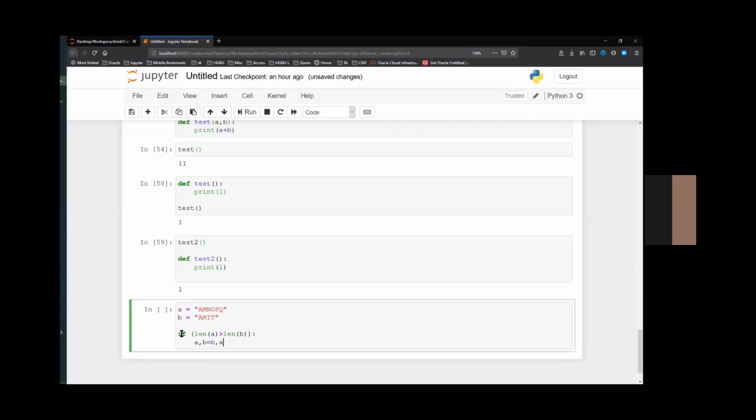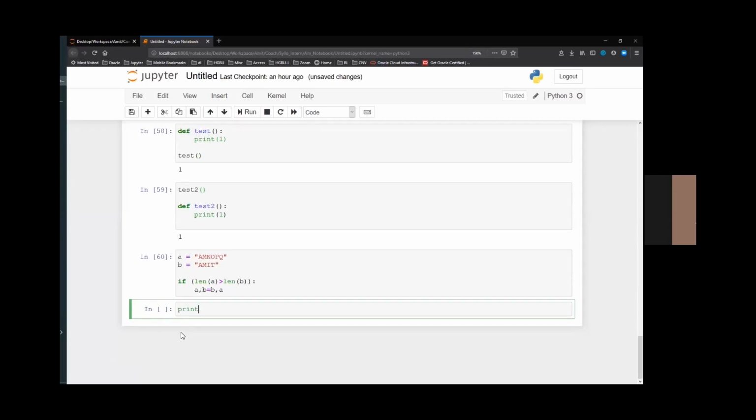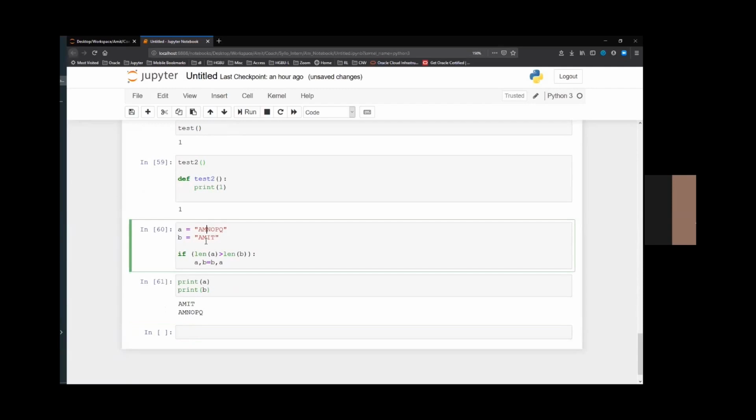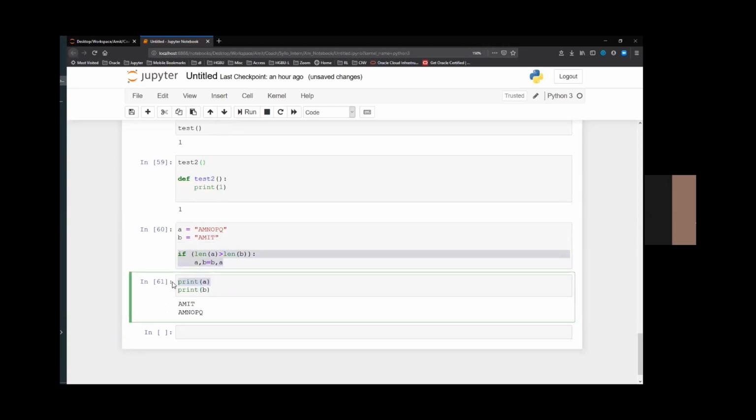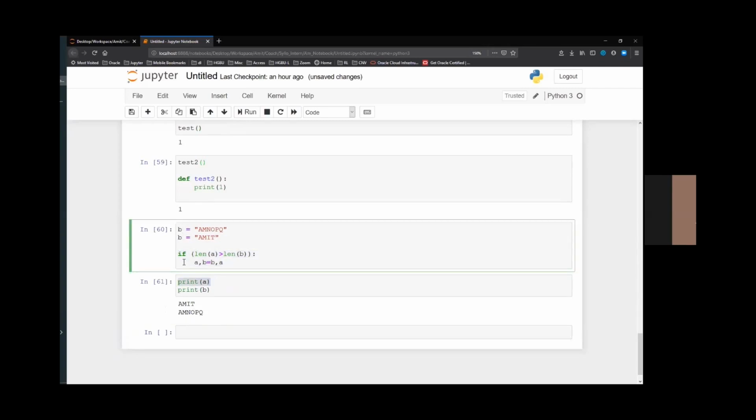That's all. Now, if I run this and print A and print B, see, in A the value was AMNOPQ and in B it was AMIT. I just swapped them. If it was different, I just swapped them, ensuring that always the smaller value is stored in A. Or let's change these things. If I make it B and make this A and run this, still A holds the smaller string, B holds the bigger string. Trying to ensure that my variable A will have the smaller value,